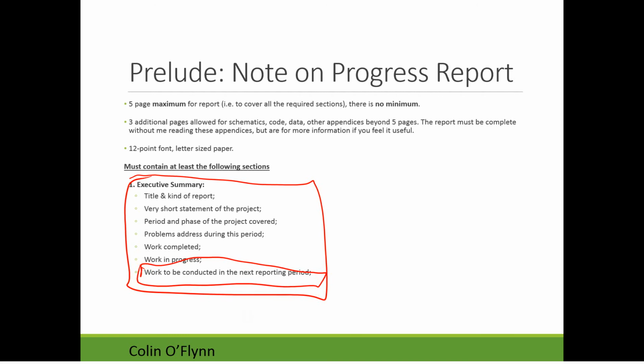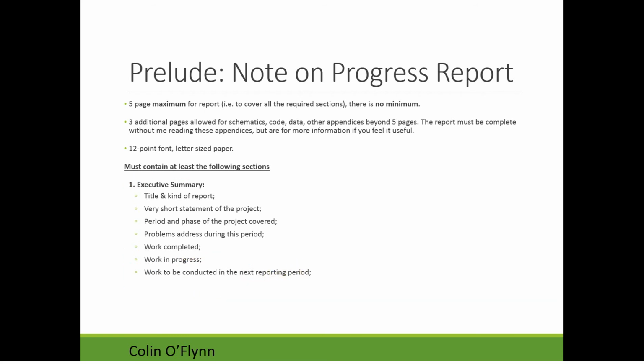You should have some idea what you're going to accomplish in the next period, but if you say something and you do extra work, or you end up not needing to do some of the work you planned, that's fine. Don't take this as you must follow this plan exactly. It's more about showing there's some reasonable plan you have done. So that's just the executive summary, a very, very brief version of this that I could read in half a page or less, or however little you can get all this information across to the reader.